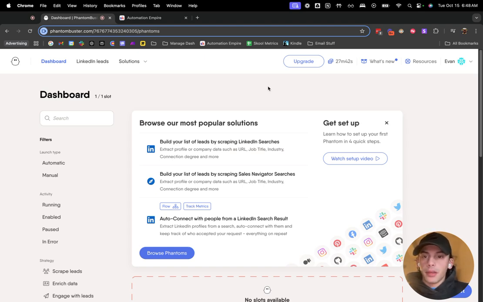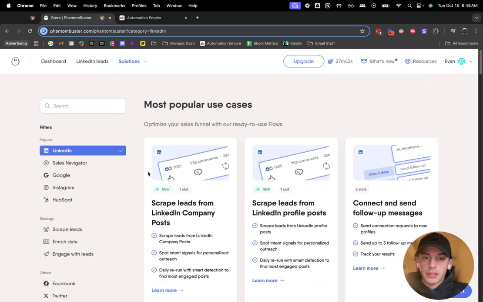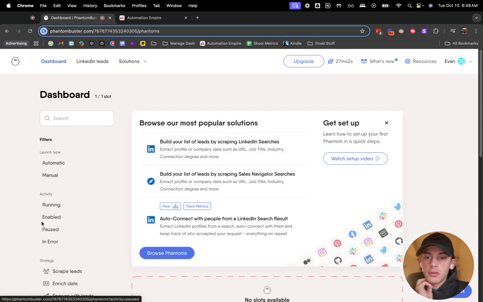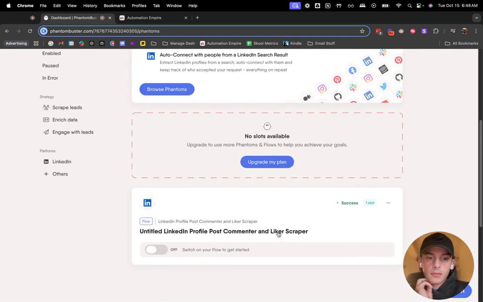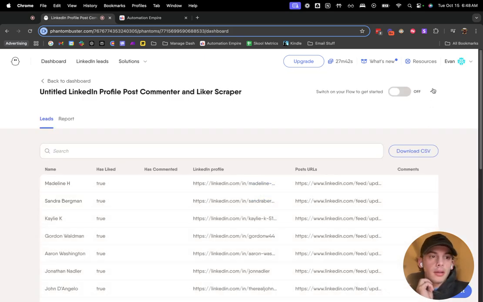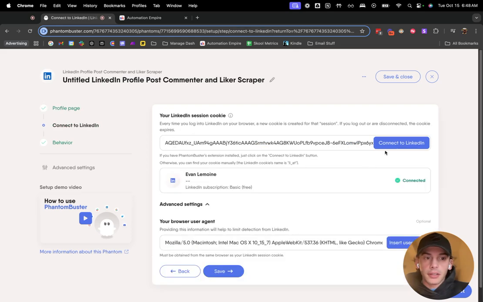But if we go to, where is it? Solutions by platform, LinkedIn. Here, these are two new scrapers that just came out. You can scrape leads from company LinkedIn posts or profile posts. So I use this one. And essentially what you can do over here is, let's see if I can edit this. Yes, set up here. Basically, all you have to do is put in a LinkedIn profile, connect your LinkedIn via a cookie,